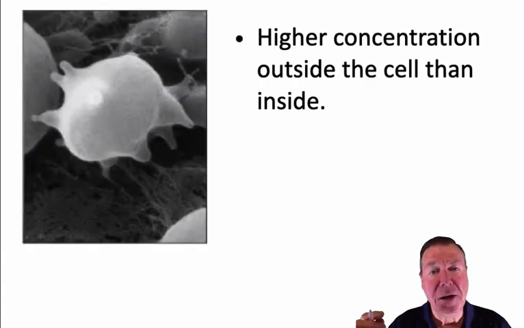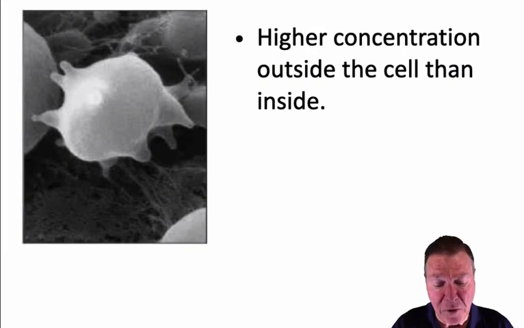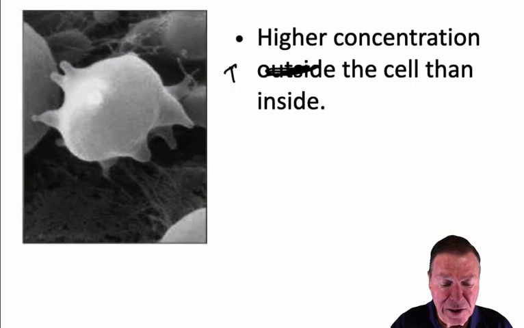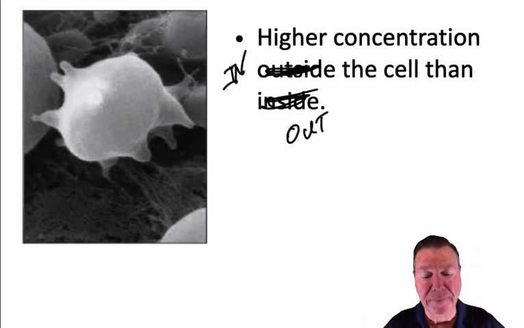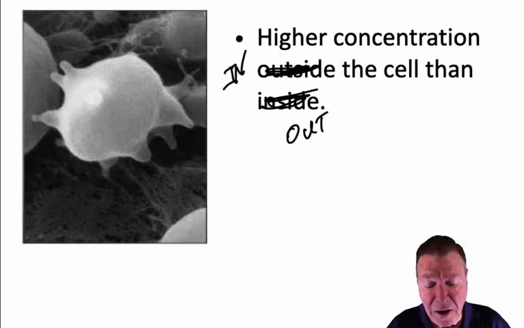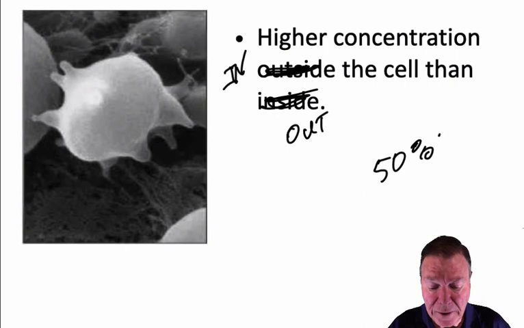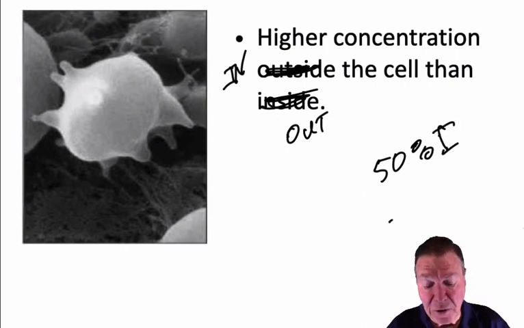The third one is hypertonic, and I have this wrong on the slide. These should be reversed. The higher concentration is actually not outside, it's inside the cell, and this should be outside the cell. My bad. But basically we're talking about a concentration, again, of maybe inside the cell it's 50%, but it's only 25%